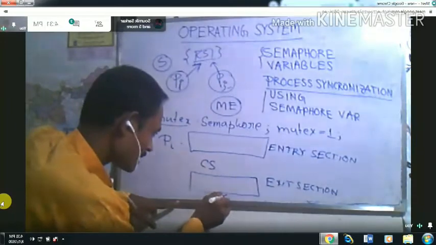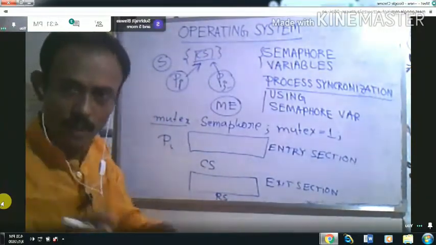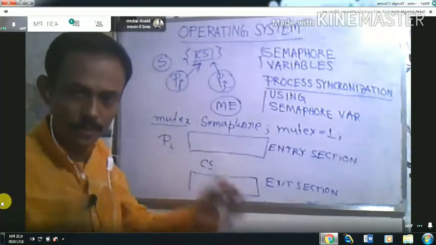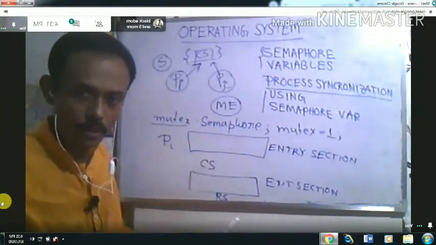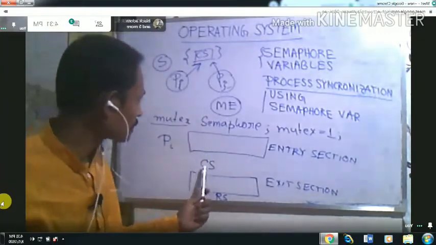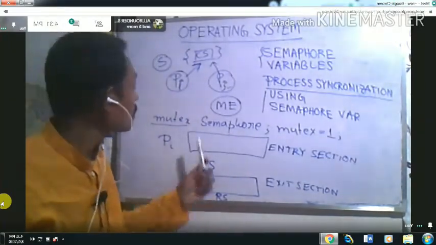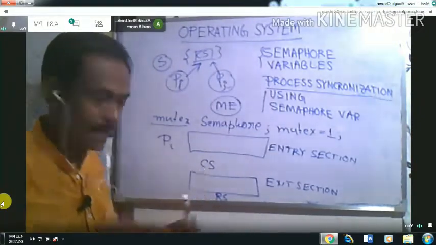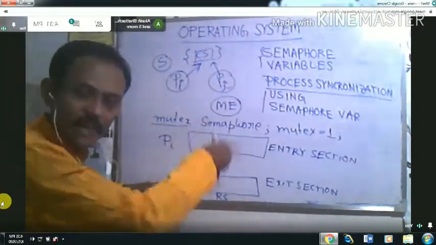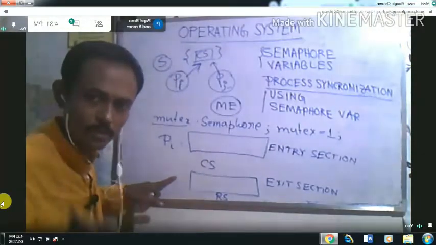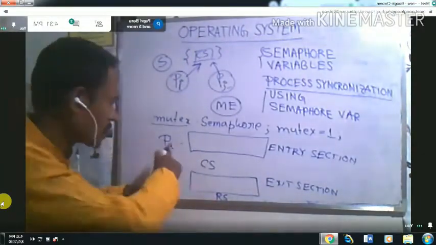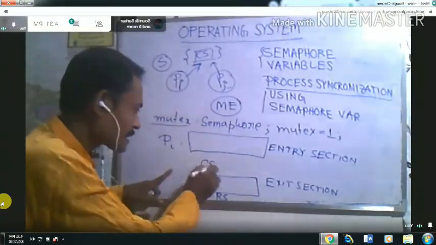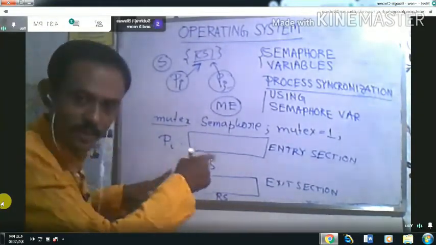So if, within concurrent processing, the critical section problem arises, then the process will be written in this format. In the previous examples also we already understood all these things. A process will be divided into all these segments. Suppose a critical section is present within your process. So this is your critical section.